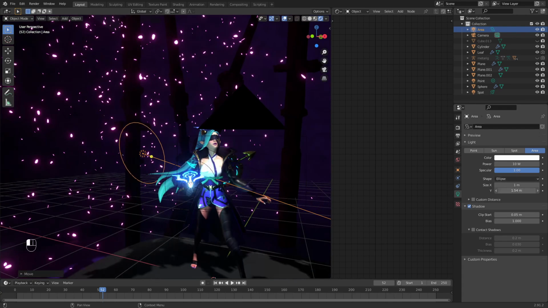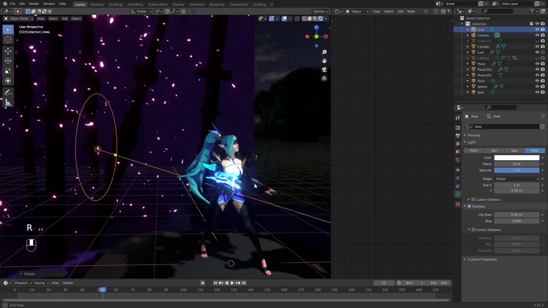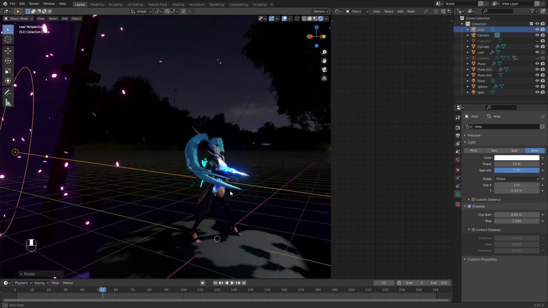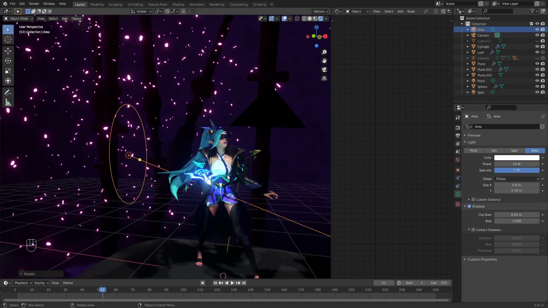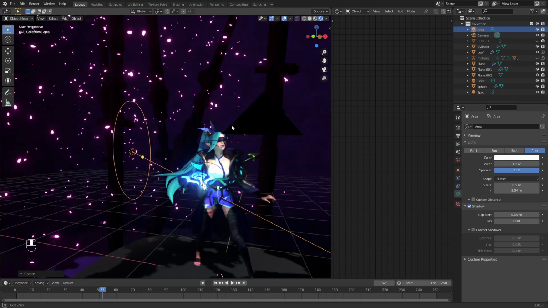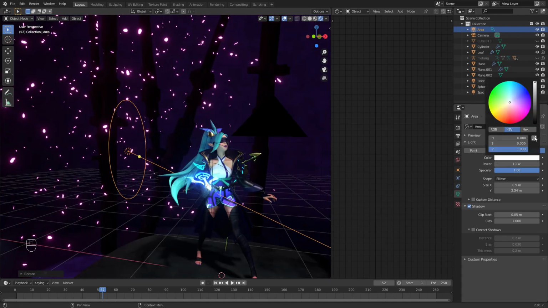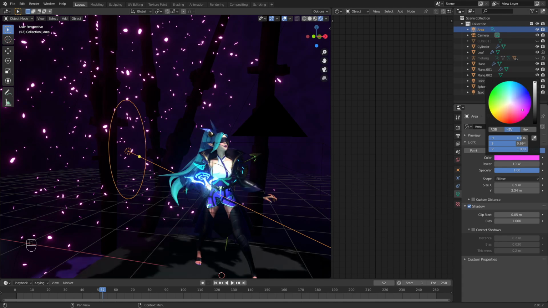But what I'm gonna do is increase the Y axis, and the light will shine through the whole character size now, while not being too big. I want the color to be very similar to the leaves, so I'll pick from the leaves. Actually, the emitter is pure white, so I want something a bit off the side. Maybe this is a bit too much,